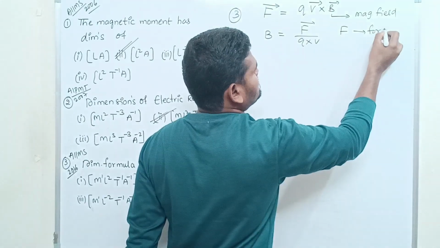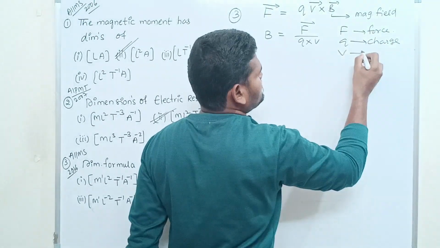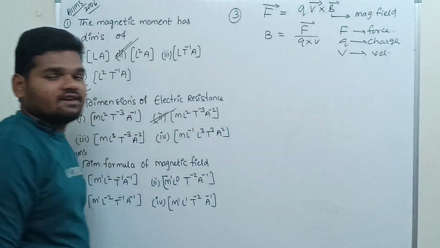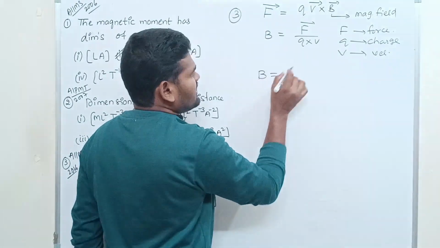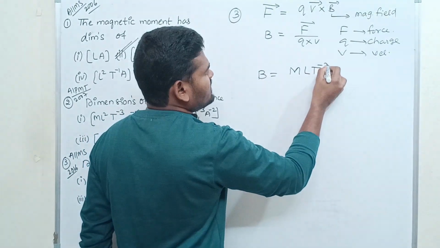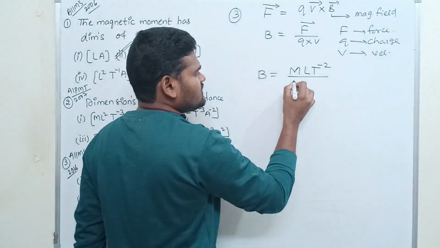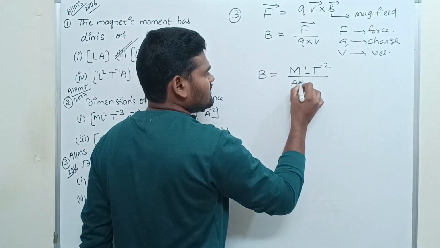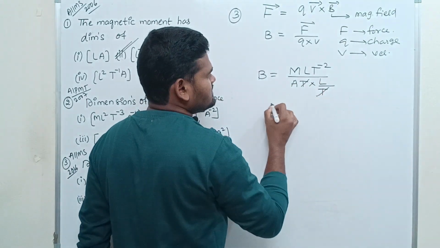where F tends to force, Q tends to charge, V tends to velocity. V tends to what? Velocity. Now it is easy to write dimensional formula. Force F is equals to M A, acceleration L T power minus 2. Are you getting? Q, charge Q is equals to I into T, velocity, displacement by time,